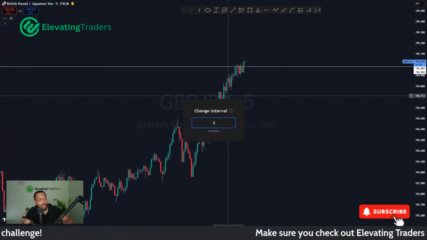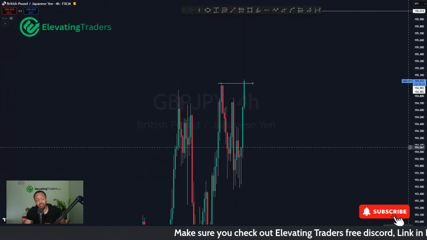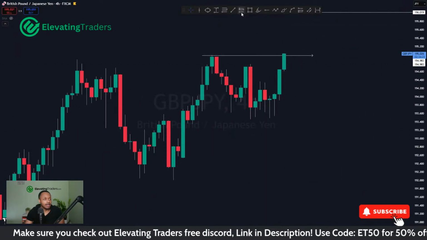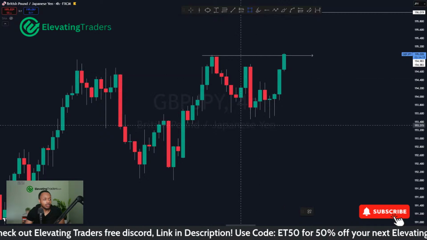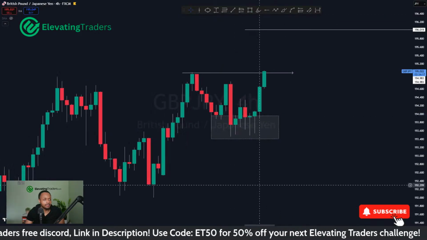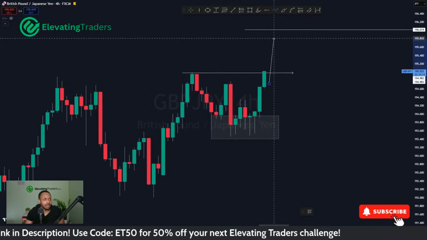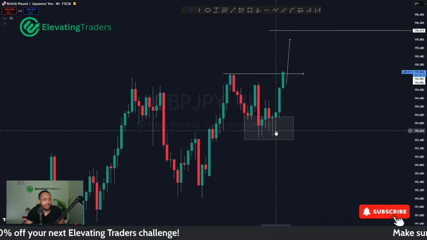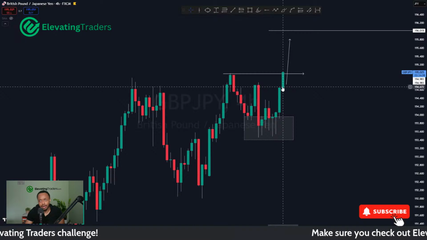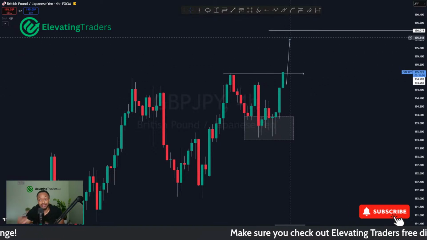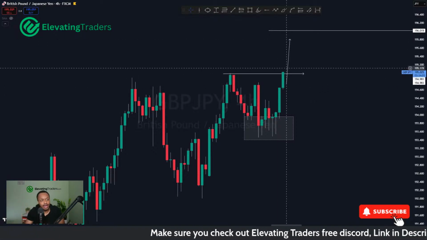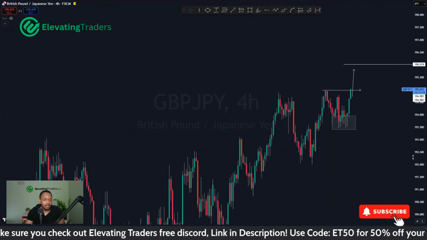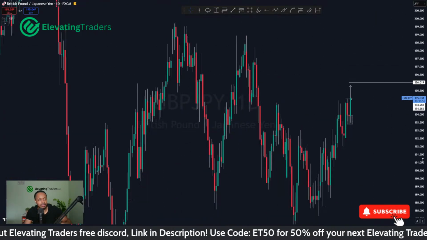Strong resistance on the left. If price does react to this, you can probably expect to see some downside. But judging by this 4-hour candle and all those wicks to the downside here as well, I do think price is likely to break to the upside at some point. All of these wicks confirming a higher low and that momentum kicking back bullish tells me that pound yen probably will blast the upside at some point. Like I said, we could still react and pull back first, but I do think that resistance will break and probably go to that 196 territory.